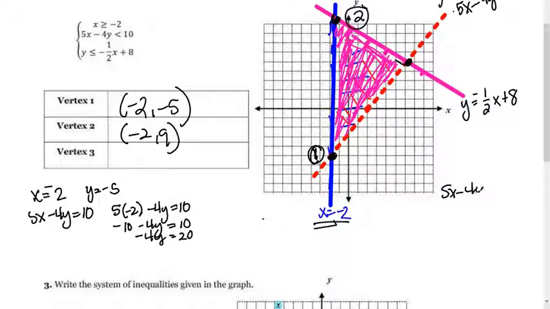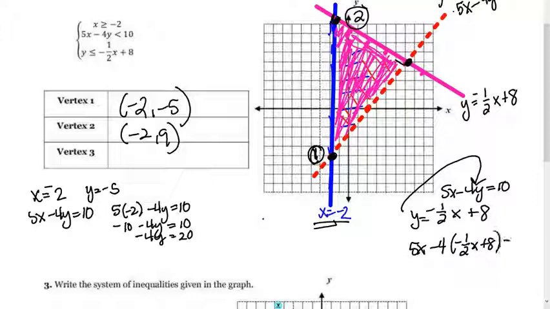The one that's going to be the most difficult is where the two lines meet. 5x minus 4y equals 10, and y equals negative 1/2 x plus 8. So since I already had an equation that was in y equals form, I chose to use substitution. So I'm going to substitute this in right here. 5x minus 4